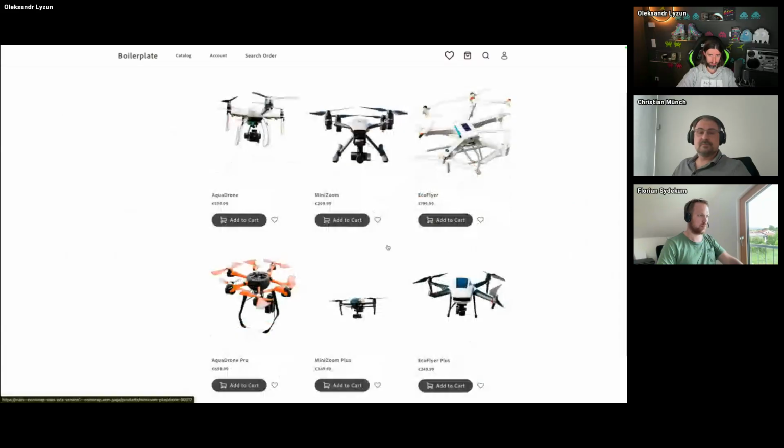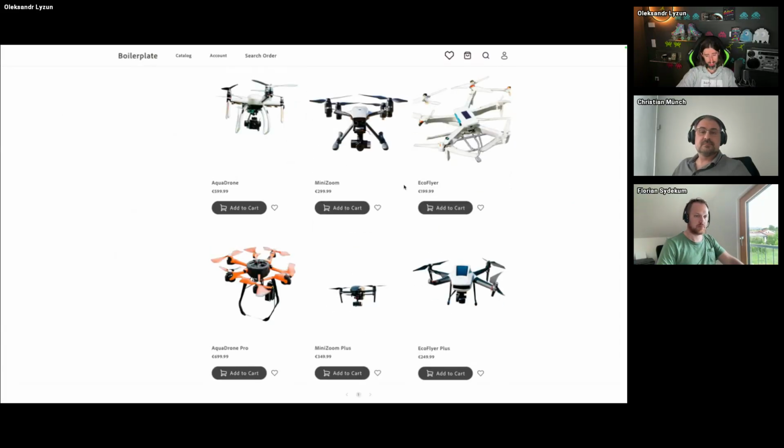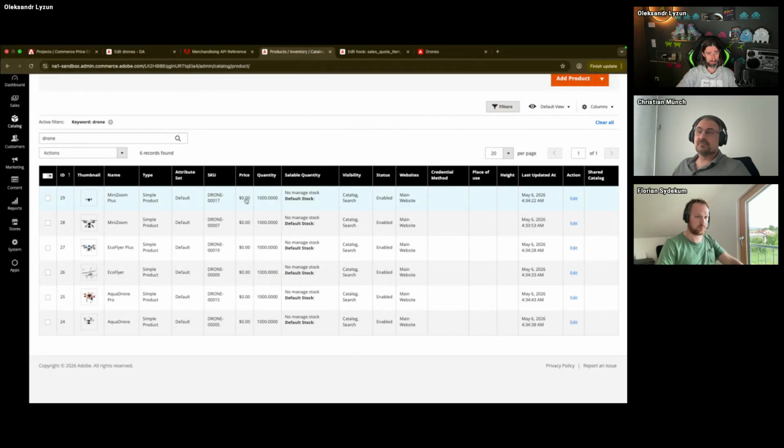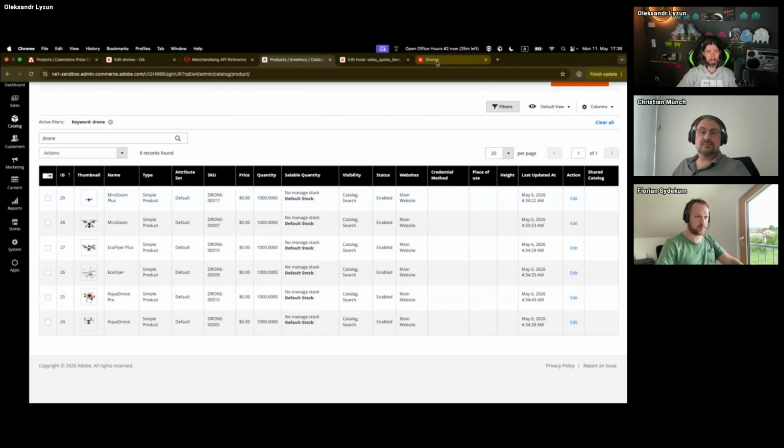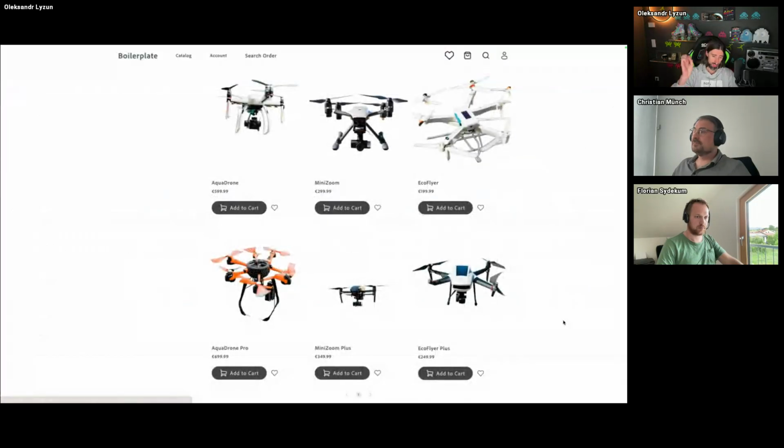Just for understanding, I hit refresh there like five times. As you can see here, the prices are not what you saw before in the Adobe Commerce system. So the new prices are delivered from the GraphQL by using API Mesh, fetching Adobe Commerce Optimizer separately, and then rendering them here.